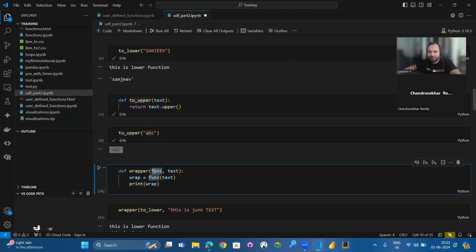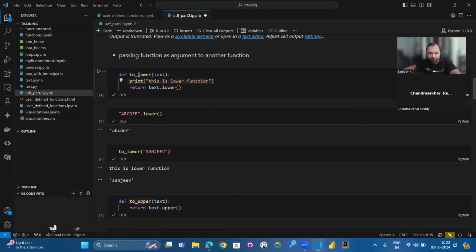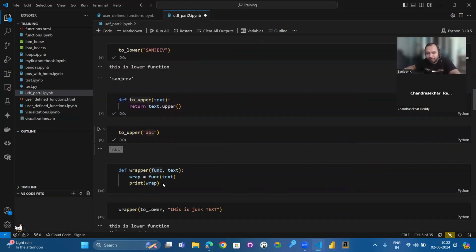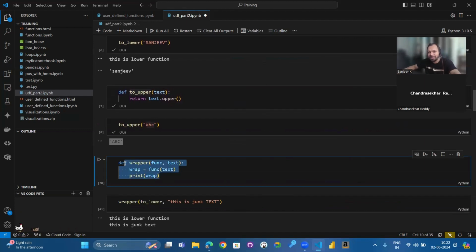Previously, we had only a function, and to that function we were sending an argument. As simple as that. But when you come to this wrapper function, I'm sending a function as an argument. And how are we calling this function? By putting parentheses and sending the argument to it. I did not do anything fancy here.